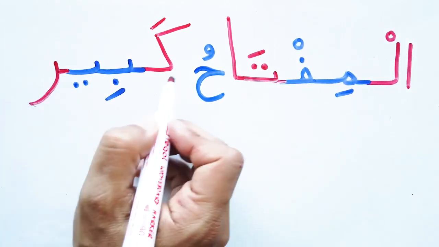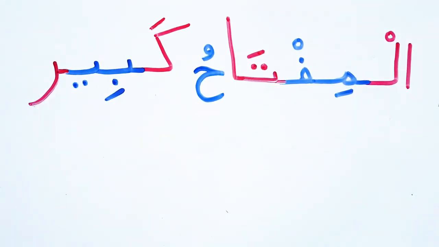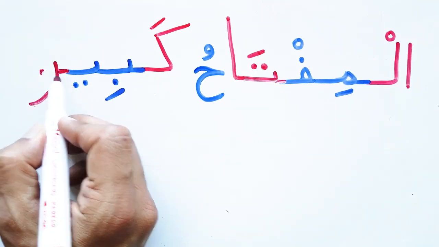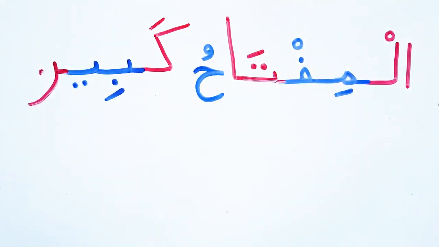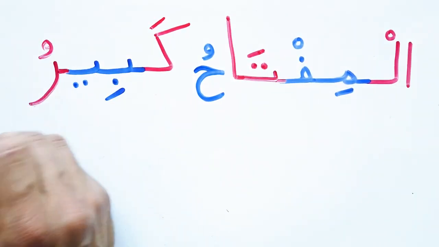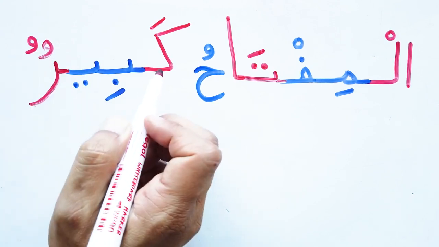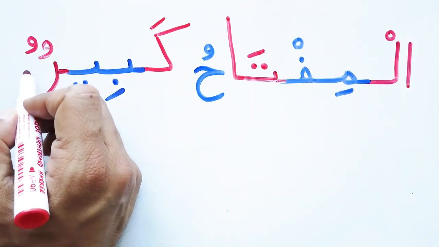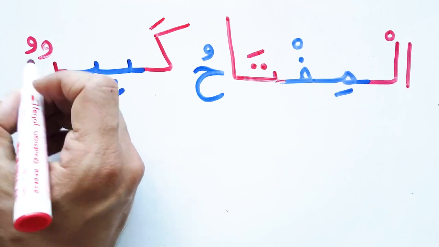Kabir. The sound of R. Kabir. Pay attention. The R in Arabic, it is R. It's not like English. It is R. Kabir. Okay. As I have a period here, I will pause on the letter R, Ra. I say kabir. But if I'm gonna complete more words and I have a long sentence, it will be kabirun. So let's see. Kabir, if I put dhamma, it will be kabiru. And I have to add another one. It will be kabirun. We have to add the sound of N to the end of the word.